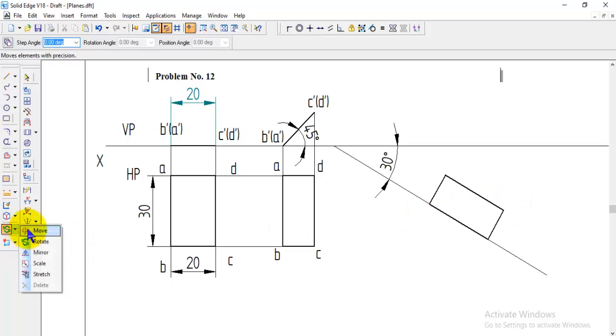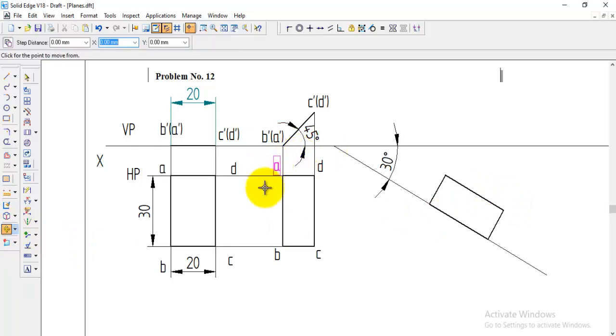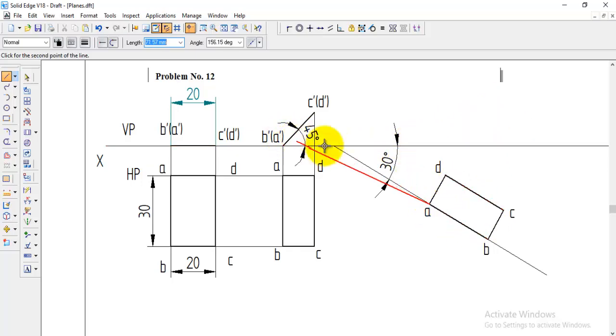Once you placed, you can move the namings. So A you can keep it here A, and here the B, and then C, and then D. Like this, all the namings are placed. And now to get the final front view, we can go to the normal line, draw horizontal projections and draw vertical projections to get all the points. Now you can start from here, A. So A dash is coming along the XY line, so you can draw up to here.